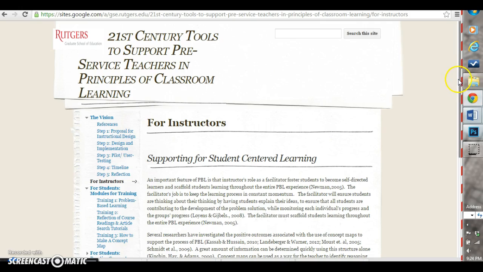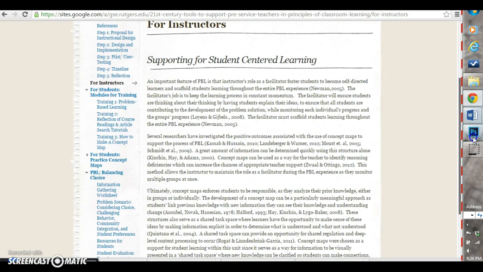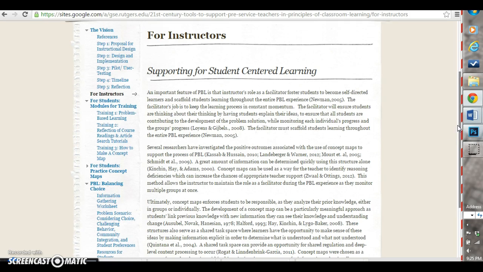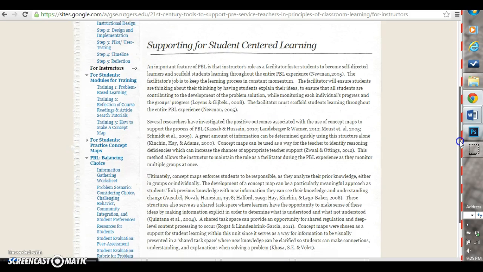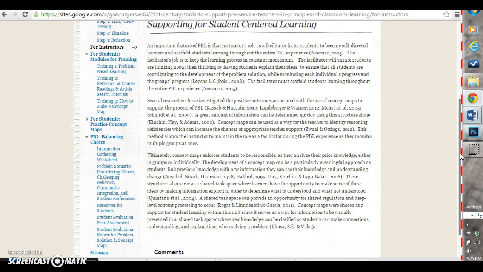This is a section for just instructors to utilize. It describes the importance of problem-based learning as a student-centered approach to teaching. It also describes the use of concept maps and how they can contribute to socially shared regulation within group members, and how concept maps can serve as a scaffold for teachers to utilize when working with multiple groups at once. Often that becomes a challenging task, to make sure that they're in the know of what each